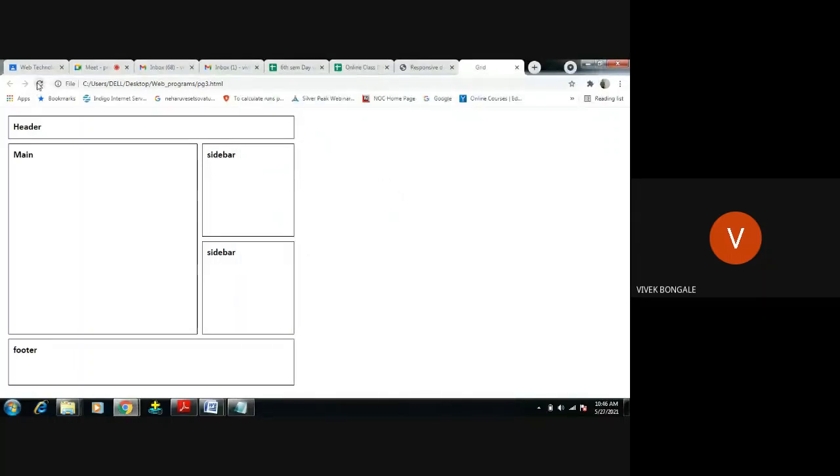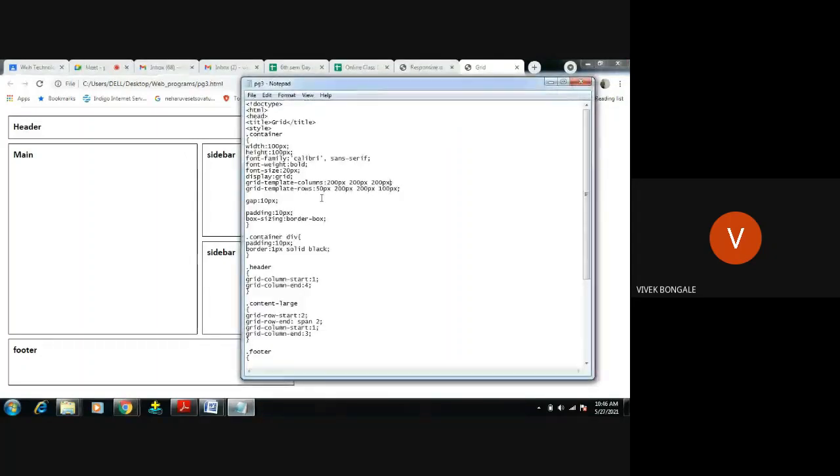See, nothing changed, right? Nothing changed. If you are trying to create 3 columns or 4 columns or 5 columns, all of the same size, you can directly use this attribute, this code. Repeat 3 columns. I'm trying to create 3 columns of 200 pixel in the whole container. Each column is 200 pixel, right?